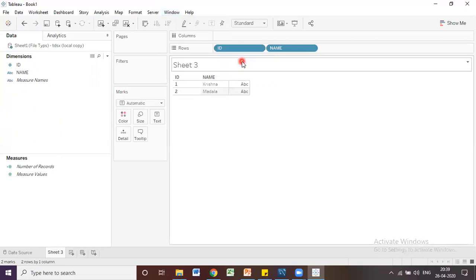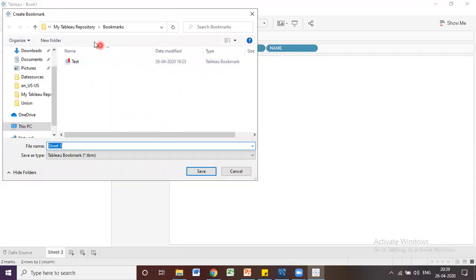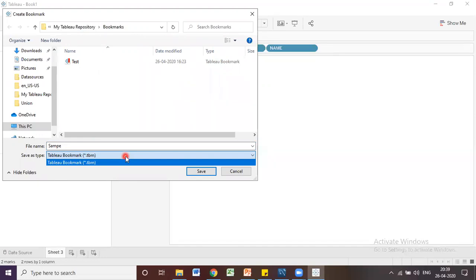Once we click on Create Bookmark, it will directly go to my Tableau repository under Bookmarks. Now you have to give a name for your bookmark. I am going to give sample bookmark. You can see the file type is .tbm. We don't have any other file formats or extensions. We have only one file type, called .tbm. I am clicking on save.